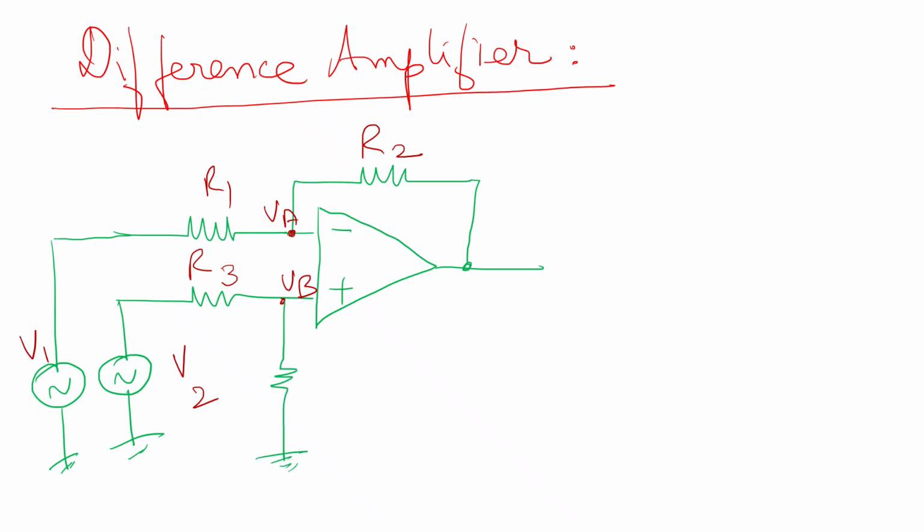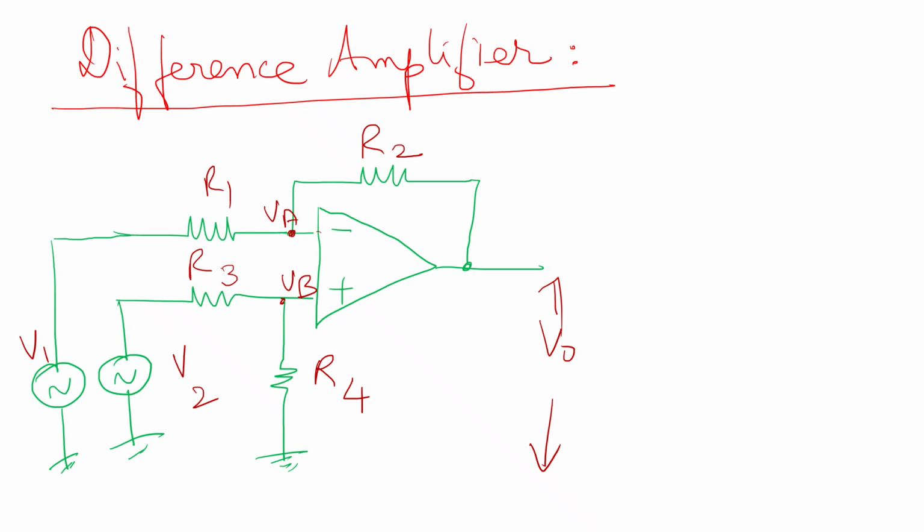Through another resistor R4. V0 is the output voltage. So when the supply voltages are given V1 and V2, the op-amp will calculate the difference in the signals and